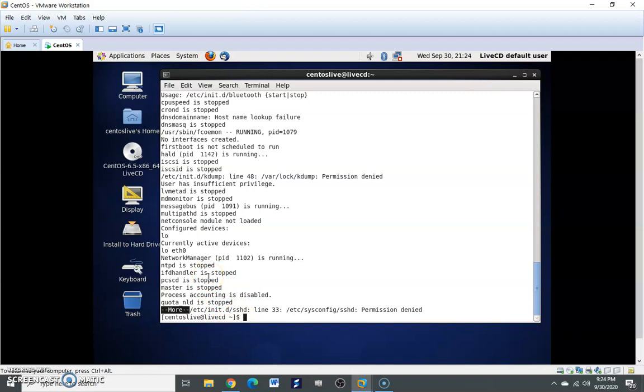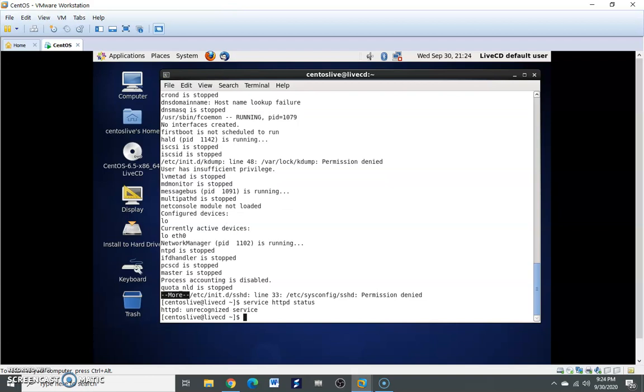If I want to print the status of any service, for example the status of Apache, if it is available as httpd, then we'll use service httpd status. So it is an unrecognized service, because the Apache service is not actually there.